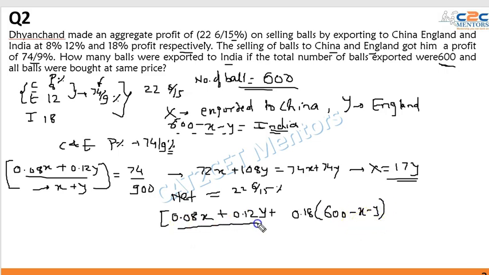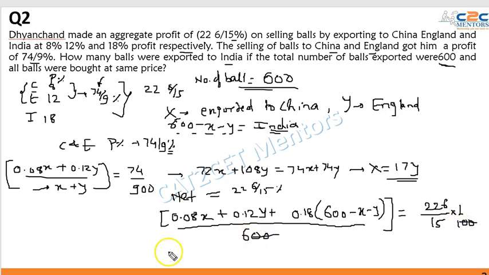And the net quantity that is being exported is nothing but 600, and in this transaction 22.6 by 15 is nothing but 226 upon 15 multiplied by 1 by 100, because that was in terms of percentage. This 00, this 00 gets cancelled over here, and what I am left with is